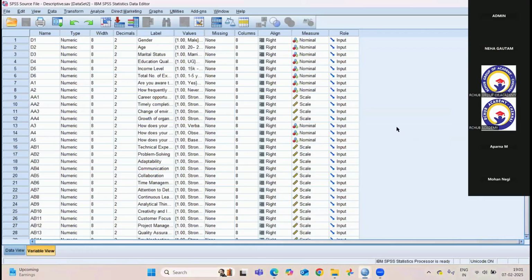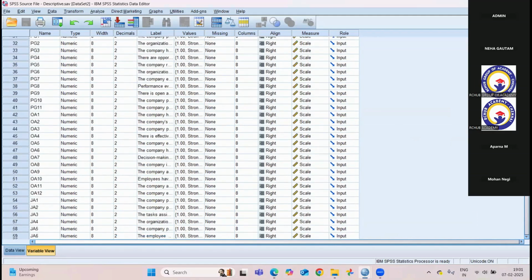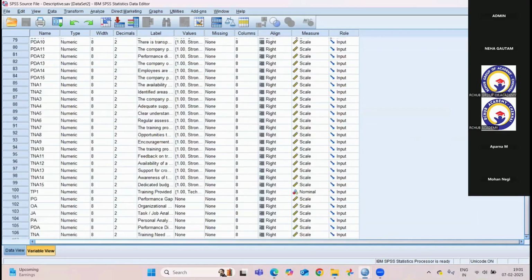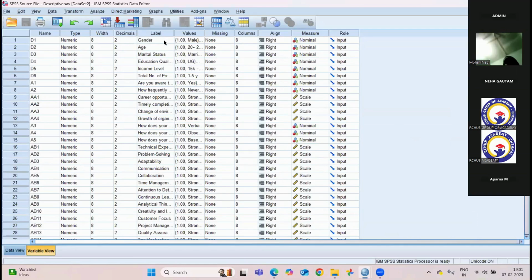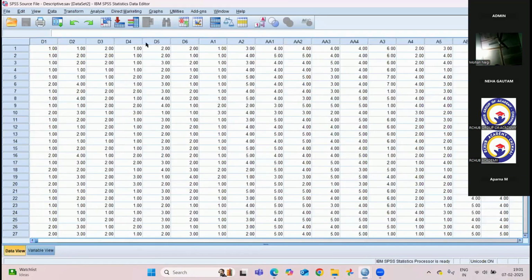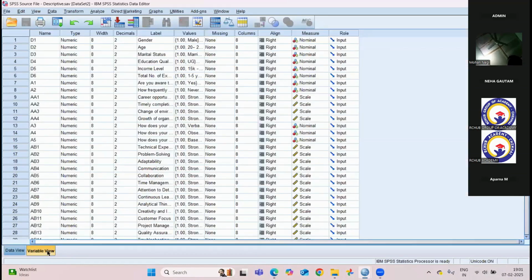Yes, sir. Okay, ma'am. So this is the questionnaire we have seen yesterday. So I have typed all the questionnaire into the SPSS, and I hope you remembered what I taught yesterday, that is how to feed the data into SPSS. So the questionnaire and its corresponding options will be typed in the variable view, and its data set will be copy pasted in the data view after scrutinizing and cleansing. So now we are going to perform a